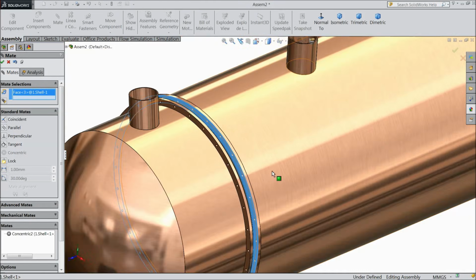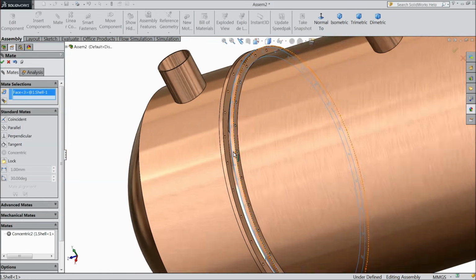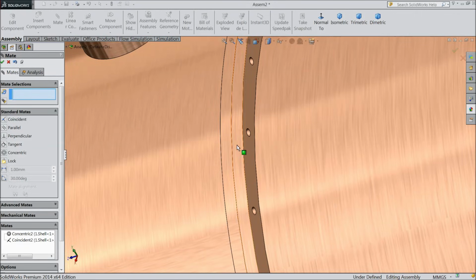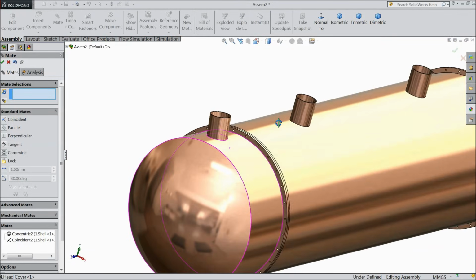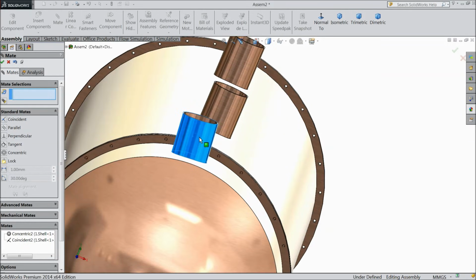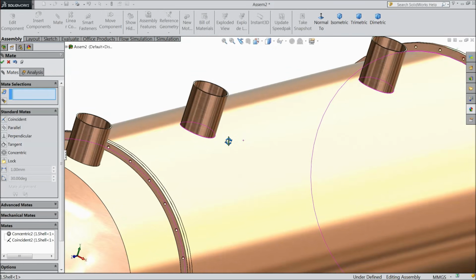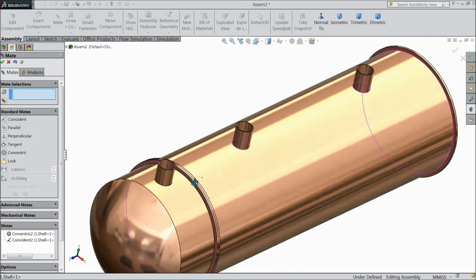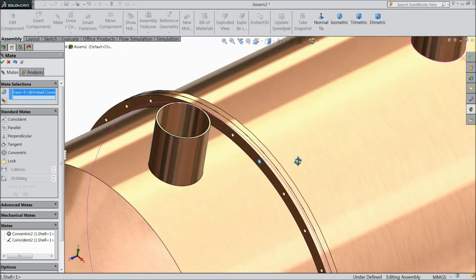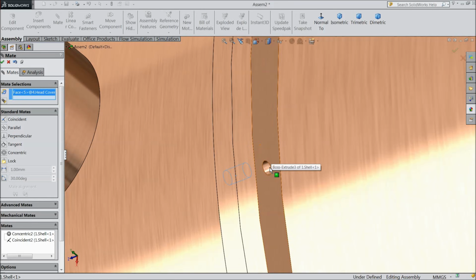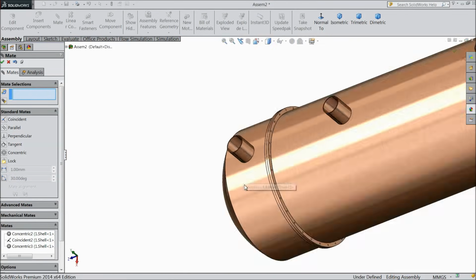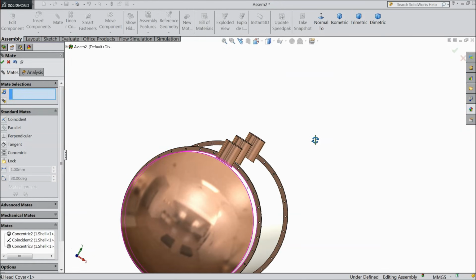Select this wall and select this face. Okay. Now here we will do one thing. Select this hole and there is one more hole in the opposite direction. Now it is concentric. Okay. Now it is in line. Okay.